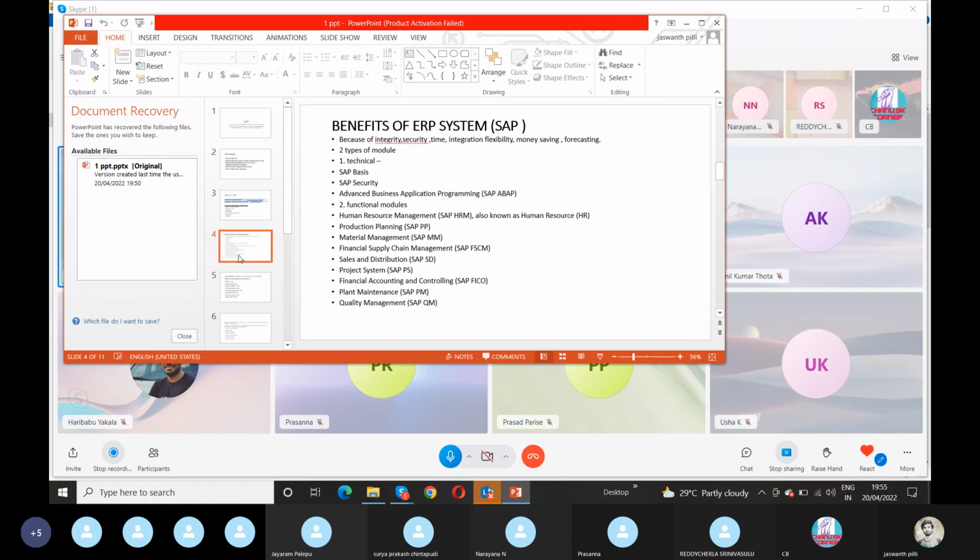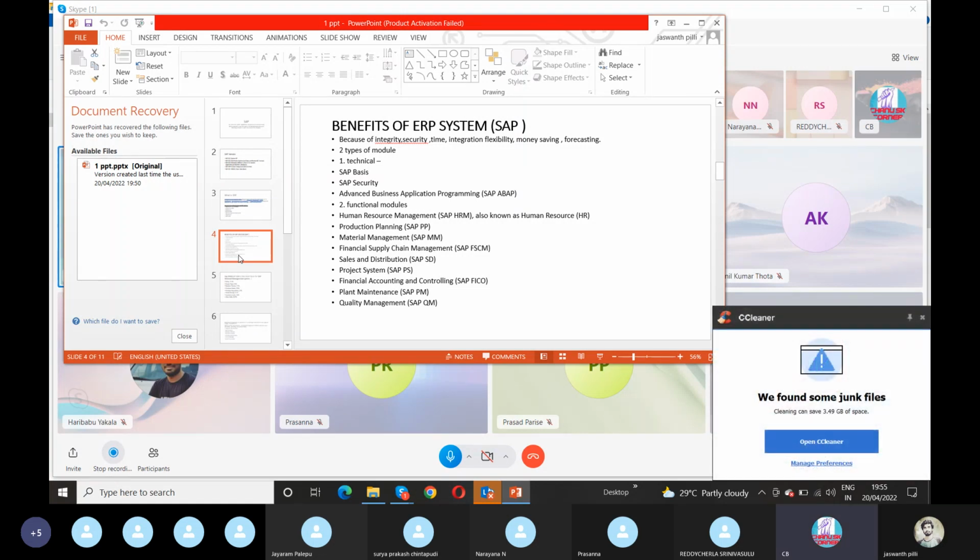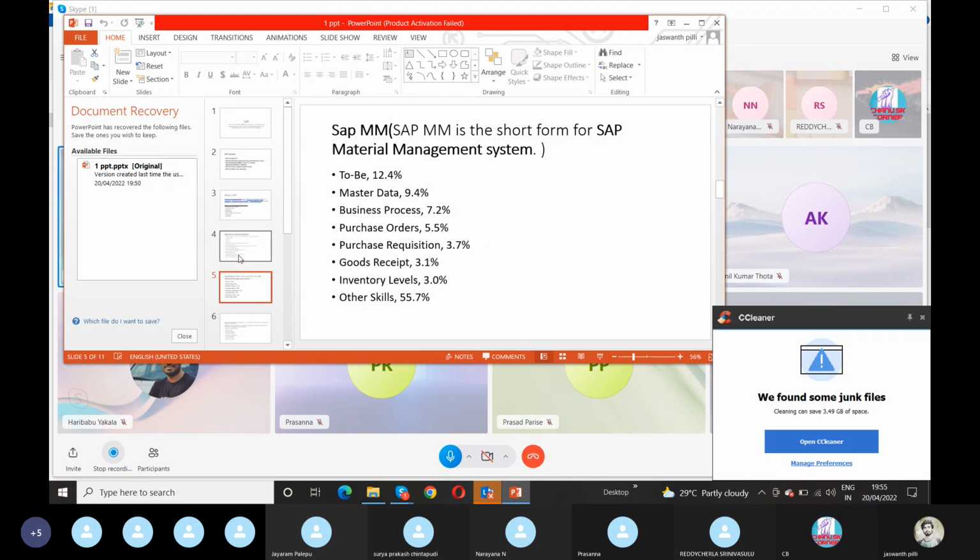When coming to the technical, the ones known to me are ABAP, Basis and Security, and there are plenty of others when I Google it. And when coming to functional, there are PP, SD, Sales, Quality, FICO. These are the functional modules. And when coming to SAP MM,